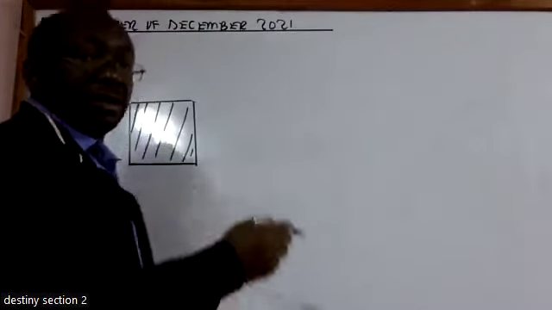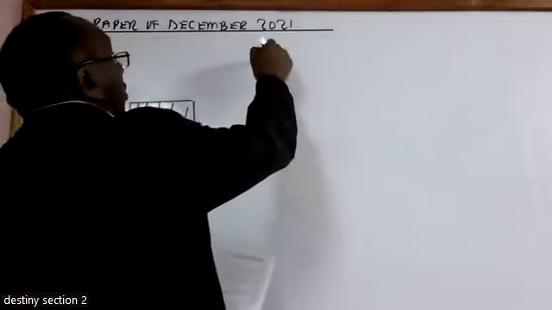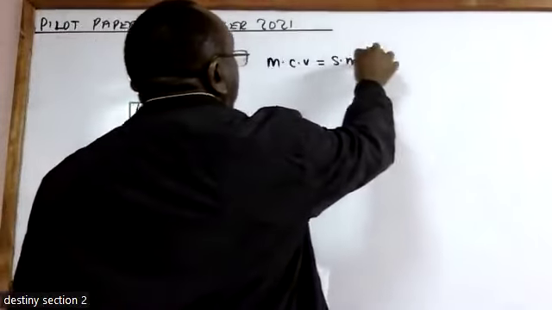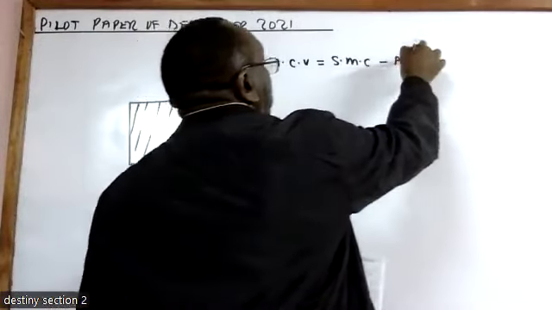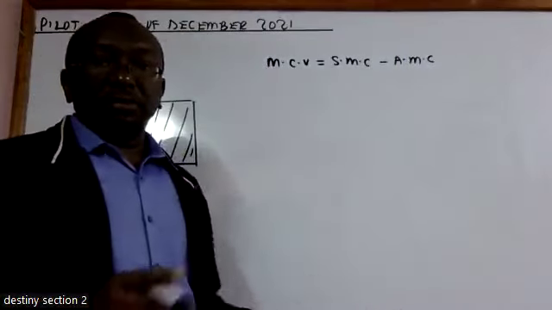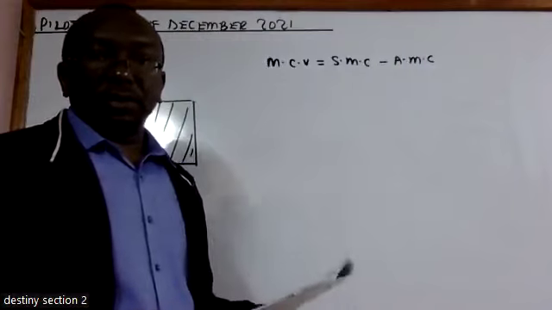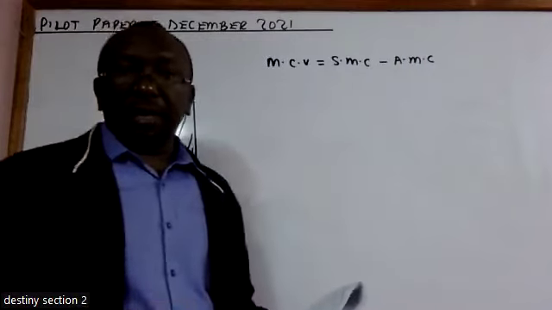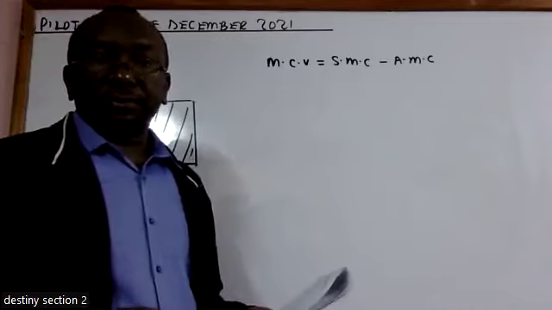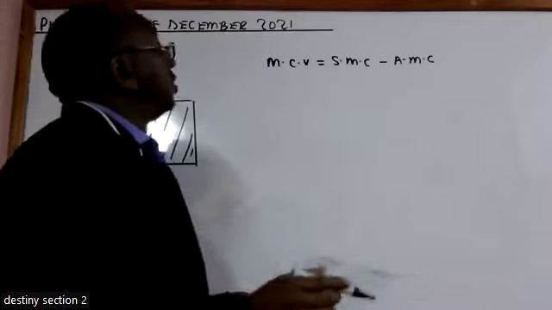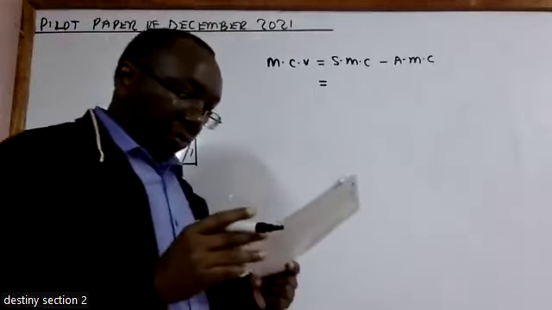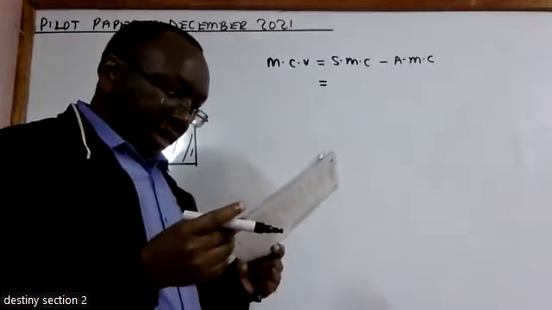Now, in getting material cost variance, I told you material cost variance is equal to standard material cost minus actual material cost. Standard material cost, you minus actual material cost. Is the writing visible? Okay, good. All right, so if that is the formula, then what you do,